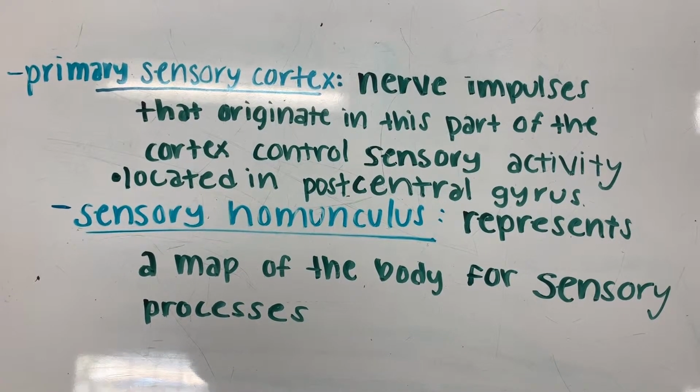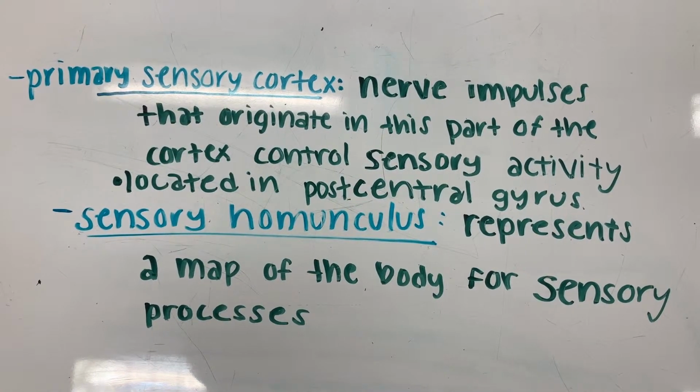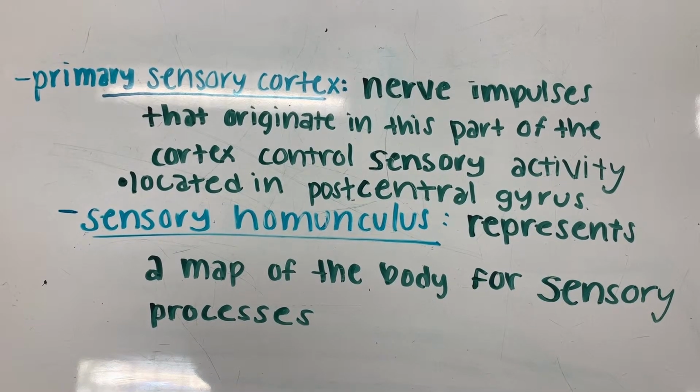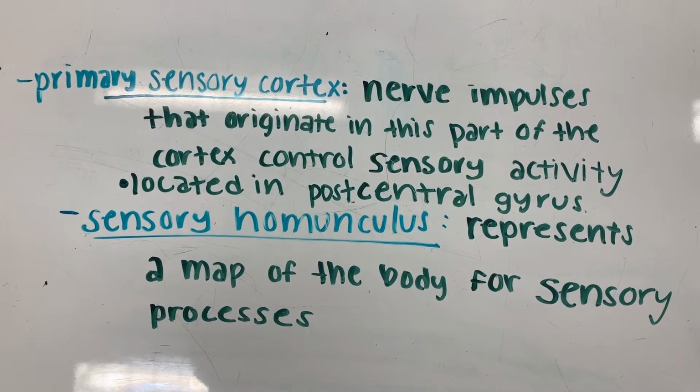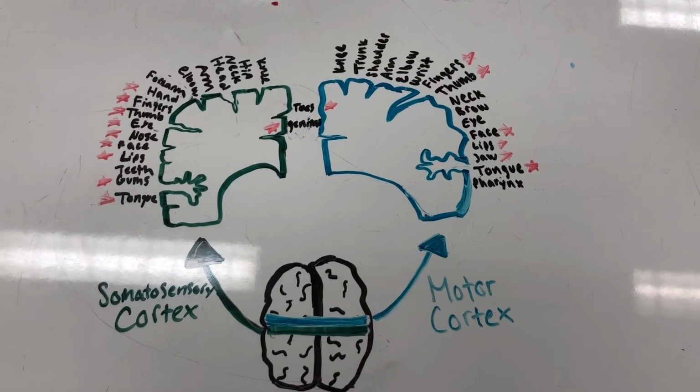The thalamus signals the primary sensory cortex and the postcentral gyrus, which then signals the brainstem and spinal cord. Its nerve impulses control sensory activity. The sensory homunculus, like the motor homunculus, represents which parts of the body take up more surface of the sensory cortex in the brain. These enlarged portions are starred in the following diagram, some of which include the face, lips,